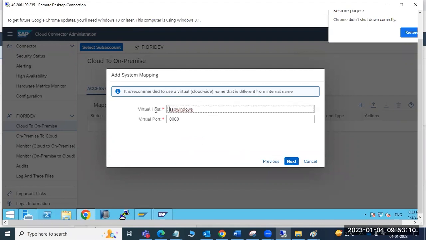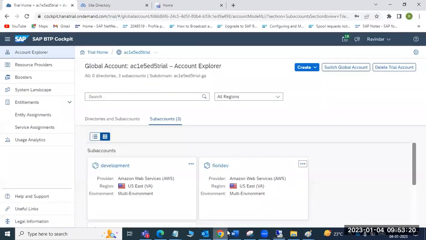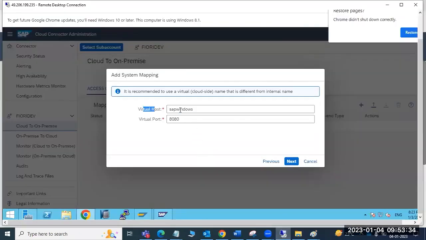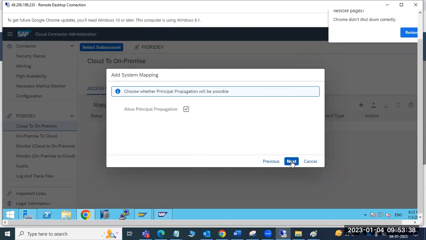For the virtual host name, if you want to put the same virtual host name, you can put it, otherwise you can keep it the same. What is meant by a virtual host? It's virtual. So Fiori and everything is in the cloud, but we should not expose our internal nodes publicly. At that time we can use our virtual host names.